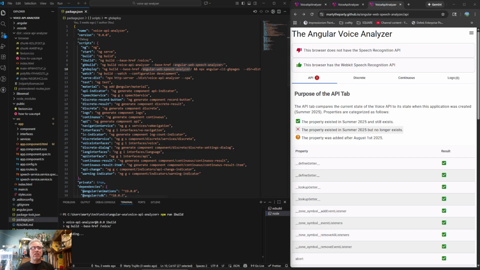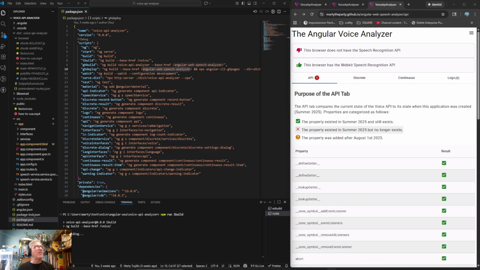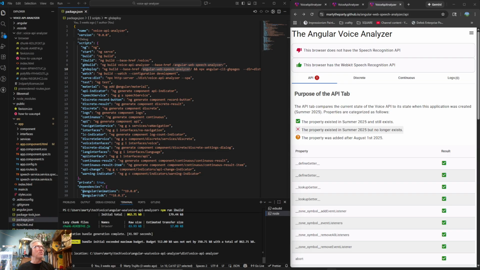So I have FileZilla up on a different screen, because they do it by user, and sometimes I change a user's password, and then it's broken, so then I have to change it again.